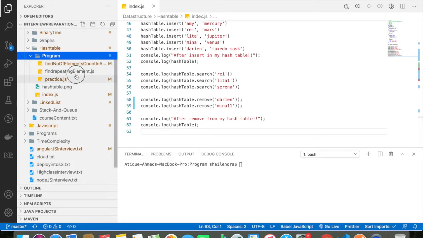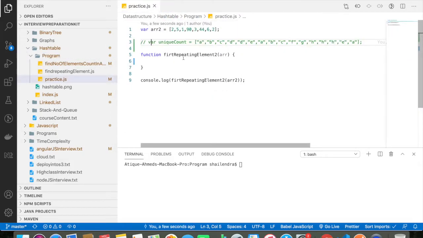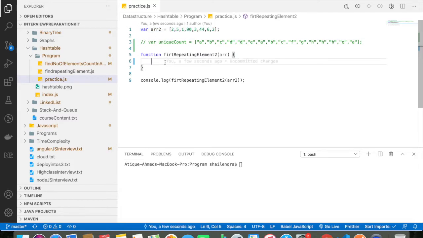Okay, so the first problem we are going to do is find the duplicates from this array. Whenever I find a duplicate, it basically terminates my array and says the duplicate item has been found, which is 2. You can see that 2 occurs at the first and at the last position.